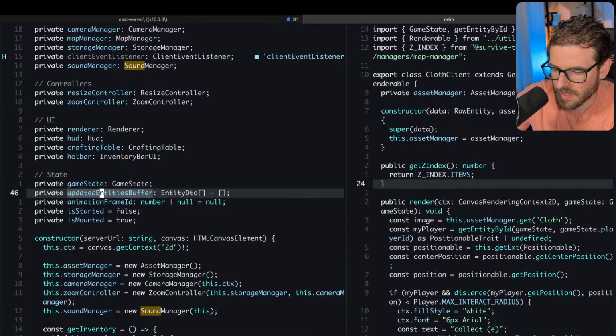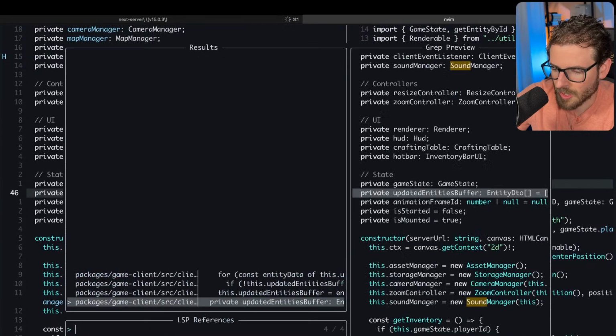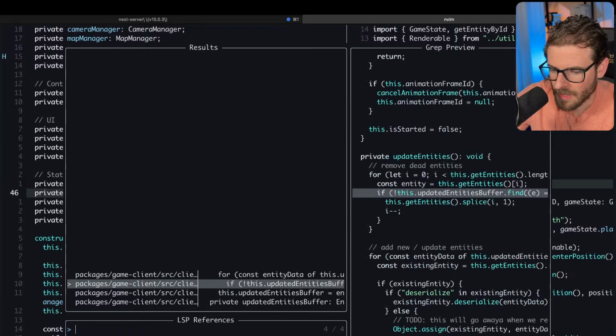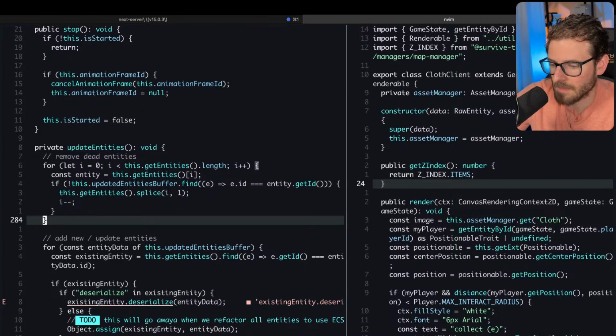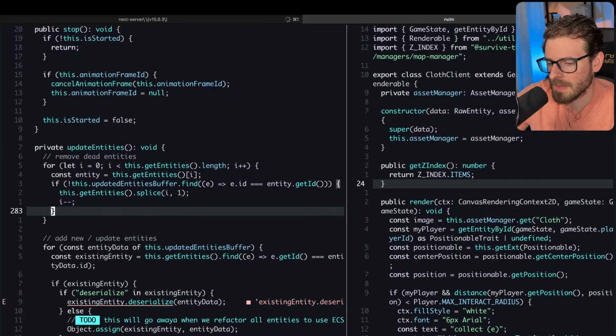And if you wanted to see where this thing is used, we could go look at the references here. And this is called inside of update entities. This basically on the front end loops over every single entity in the game. And it basically updates it. All these entities need to update on the front end because they have different animation times. They have different, I guess mainly animations, or what else could you do on the front end? Interpolations and stuff. And so they have to update over your frame rate so you can smooth out how stuff is working.